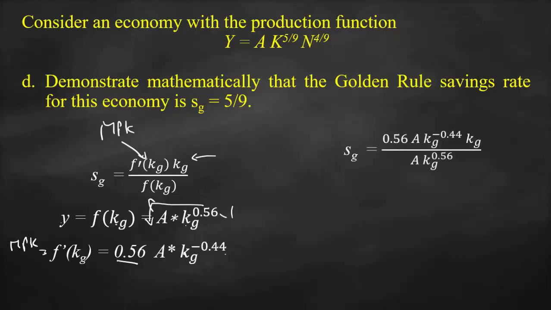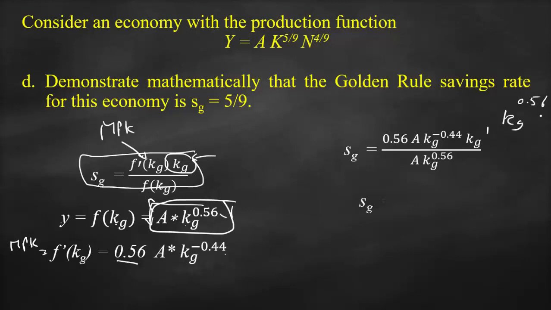Then let's substitute in our formula. What's our first derivative? 0.56 multiplied by a multiplied by k g to the power negative 0.44. Then I need to multiply it by k g. Then I need to divide it by our whole production function, which is a k g to the power 0.56. So in the numerator, I have k g twice. One is to the power negative 0.44. The other one is to the power 1. So if I have the same variable, let's get the summation of the powers. So negative 0.44 plus 1 gives you k g to the power